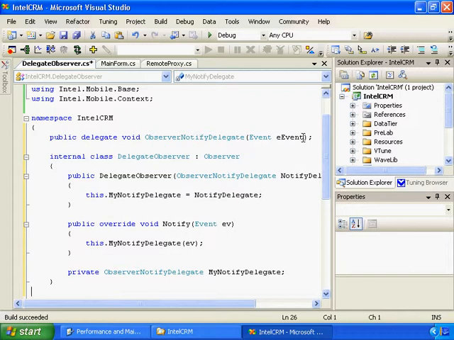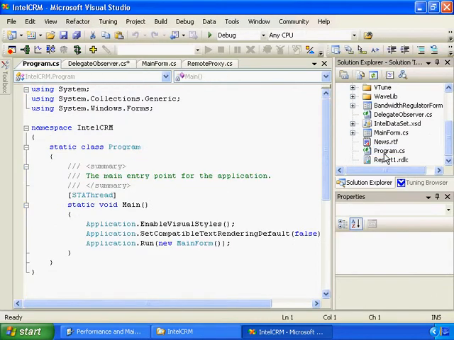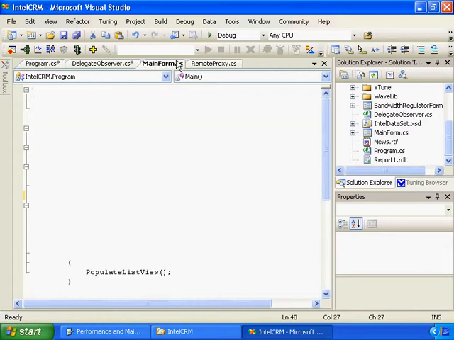So in order to subscribe to the connect event, two things need to be done. First of all, we need to change from STA to MTA. STA is just not compatible with the Intel Mobile Platform SDK. If we don't do this, the events aren't going to fire, but we're not going to get any errors. It will compile, it'll run, but we're not going to get any events. So that one letter just changes from STA to MTA on the main thread, which is where we need to worry. This is where the UI is going to be. So we're now compatible. And now if we switch back to the main form,